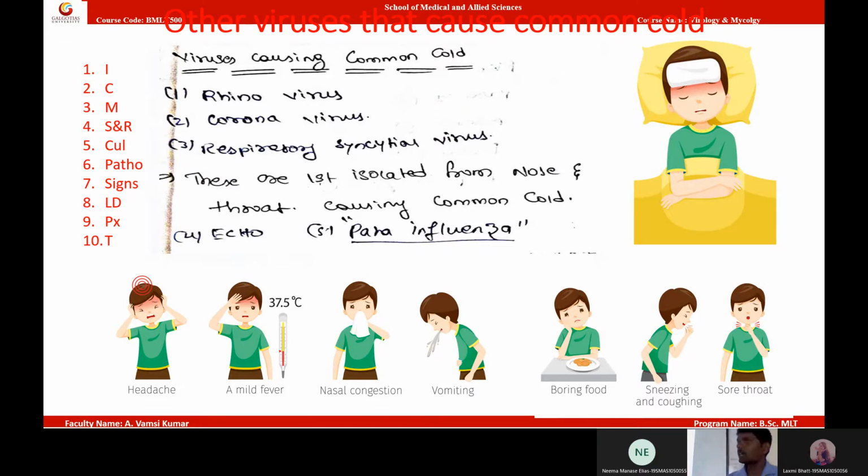Write all these viruses: rhinoviruses, coronaviruses, respiratory syncytial virus, parainfluenza virus,